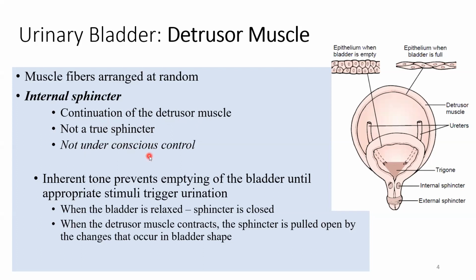It's not under conscious control, so it's just a thickening. It has a very important function in that the tone that it sets basically prevents urine from coming down into the urethra. So basically, this is where we're talking the internal sphincter. Whenever you have collection of urine at lower volumes, you don't necessarily want it dribbling down into the posterior